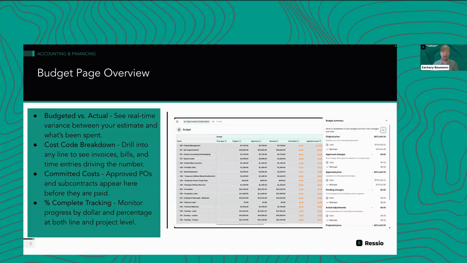So you can actually edit, and it's just going into the purchase order that's not in an approved state and hitting edit on the line item editor and simply changing the dollar values. And that doesn't affect the original or revised price of the project. It simply just affects the committed cost on the project. So it gives you that extra little bit of wiggle room in your numbers if you want to build in some buffer or track things in a little bit more detail with your own know-how or your own knowledge.